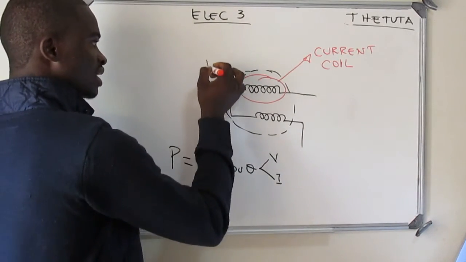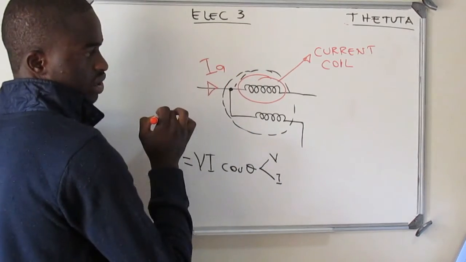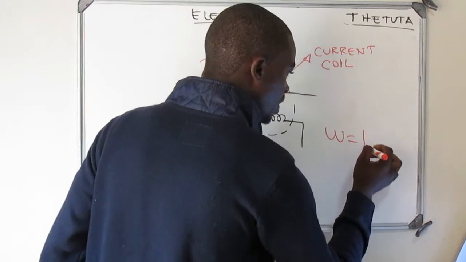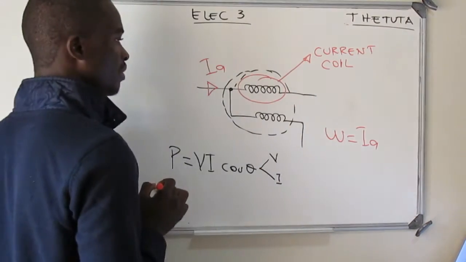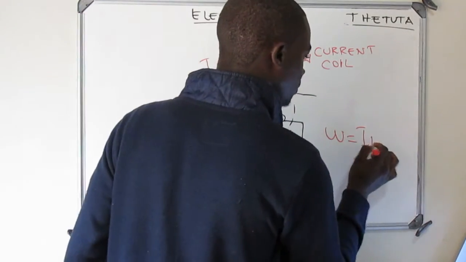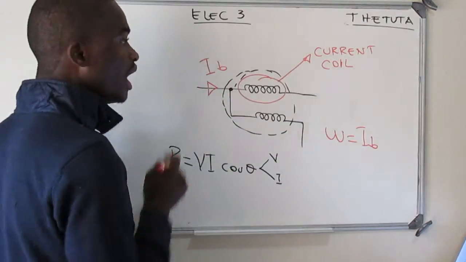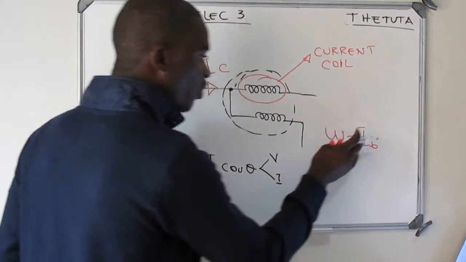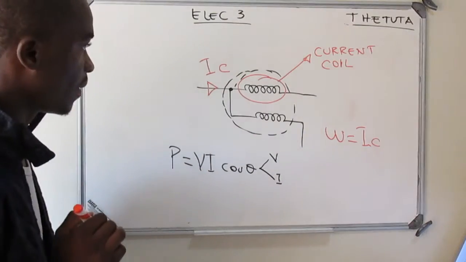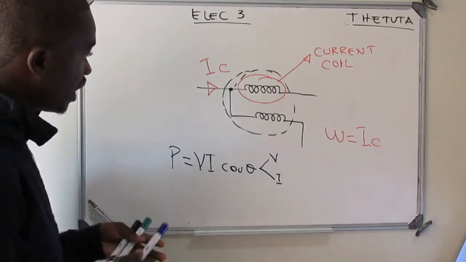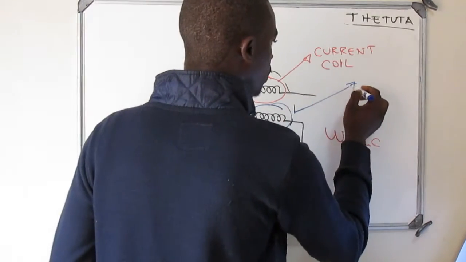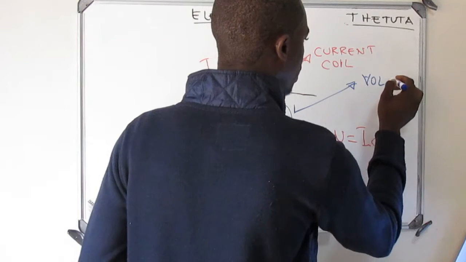So let's say for instance this current is a current A. When we come with our equation, we need to have a current A. If they say this current is B, here is gonna be the current B, which is flowing in my current coil. If it states current in C, there will be a current C that is flowing in that coil. Okay? And then we have this coil here, and this coil is called the voltage coil.